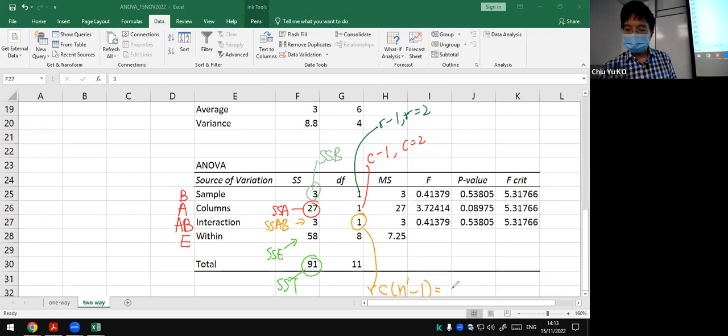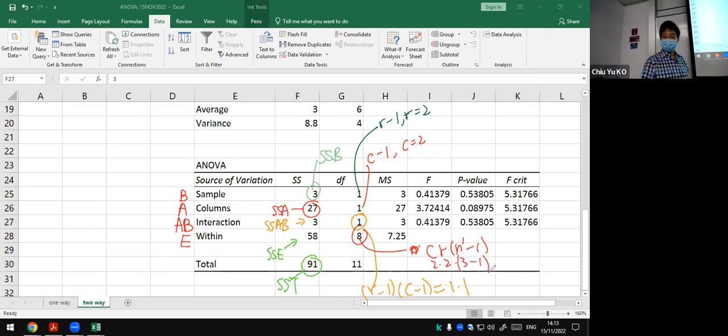And interaction, this is just R minus 1 times C minus 1, sorry, which is 1 times 1, right? And the last one comes from n, which will be C R n prime minus 1. So it's 2 times 2 times 3 minus 1. So it's 8. Okay. And you divide anything from the F column by the G column to give you the H column,